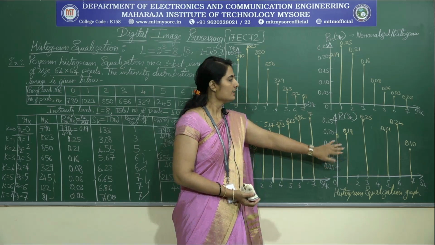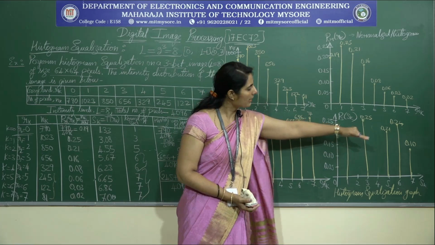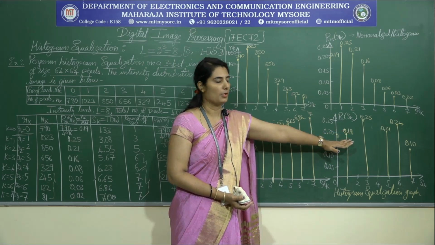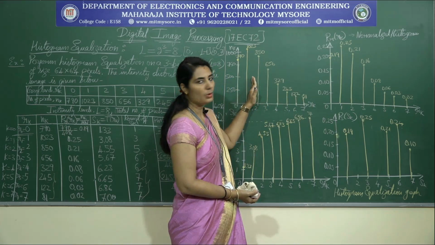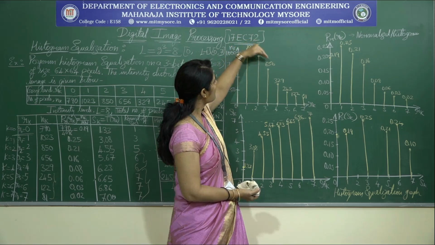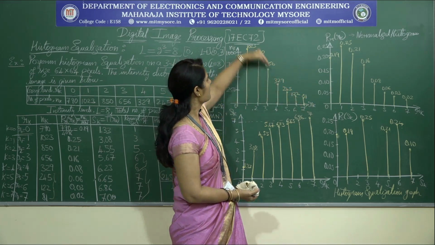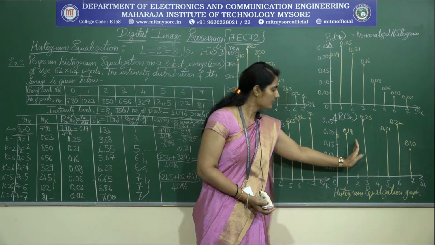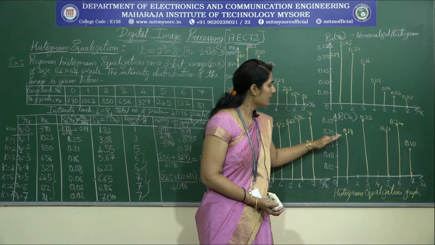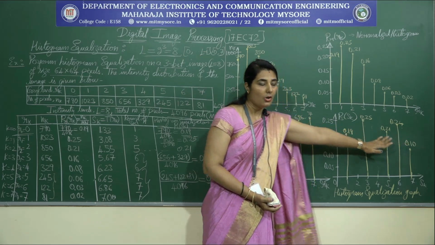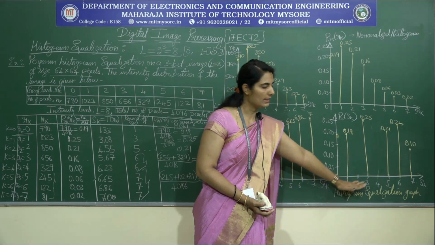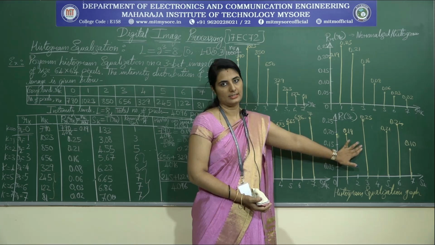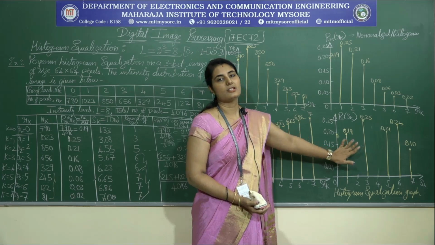Here you can observe that the intensity levels are distributed over the entire range of intensity levels and it is almost uniform. If you compare this with the original image, the intensity levels are not at all uniform. It has a very varying range of intensity levels, whereas for the histogram equalized graph, the intensity levels are almost constant and distributed over the entire range. So this image provides very high contrast. So the quality of the image is improved.